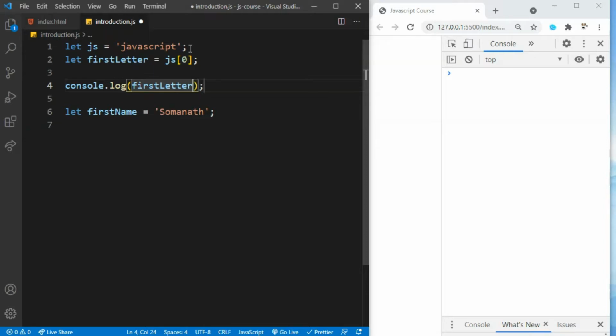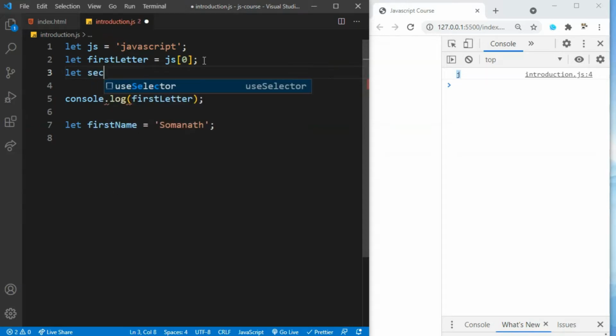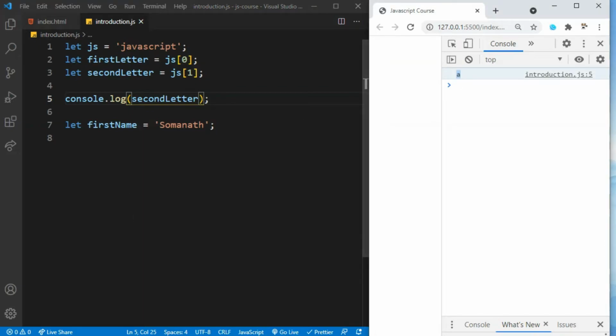what do you think will be written? As you can see, there we have our first letter that is present inside the index 0, that is this one. Now I can also find the second letter. Let's say second letter. I can do that with JS by saying 1, like counting starts from 0, 1, 2. So I can find out the second letter by accessing the 1st index. If I save this and console log the second letter,